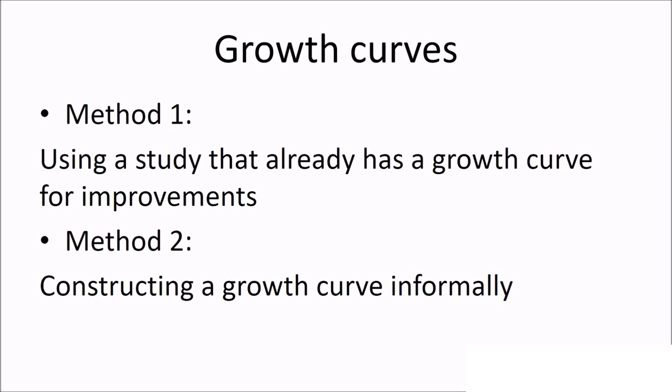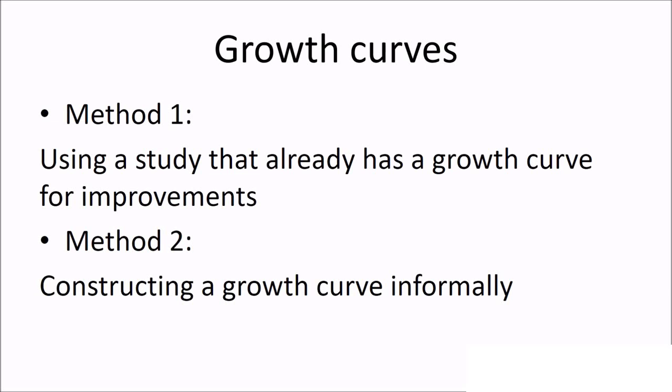But if there is a particular study that already has plotted out a growth curve for you, then you can simply use that study to help you determine the optimal time for you to reassess your patients and how you then set your target goals, as well as the duration of when you should actually measure